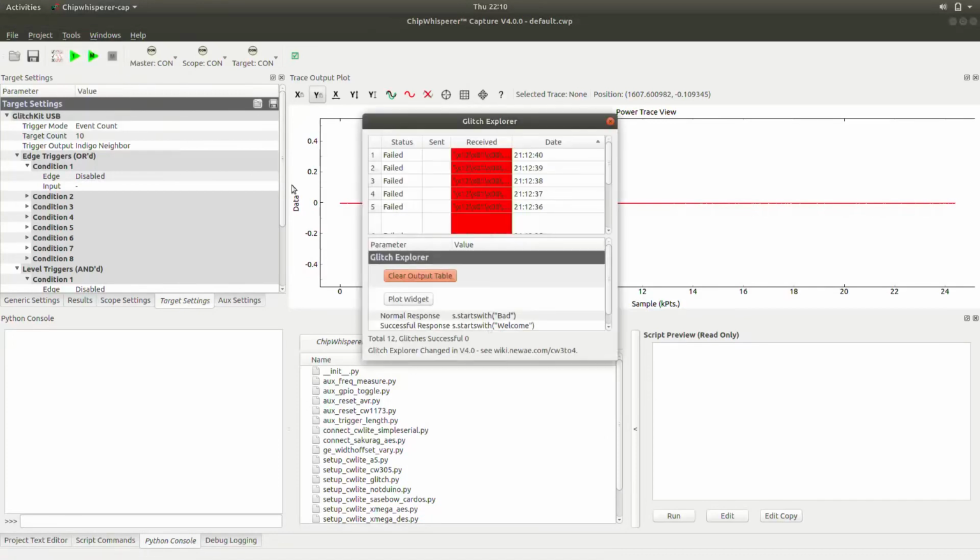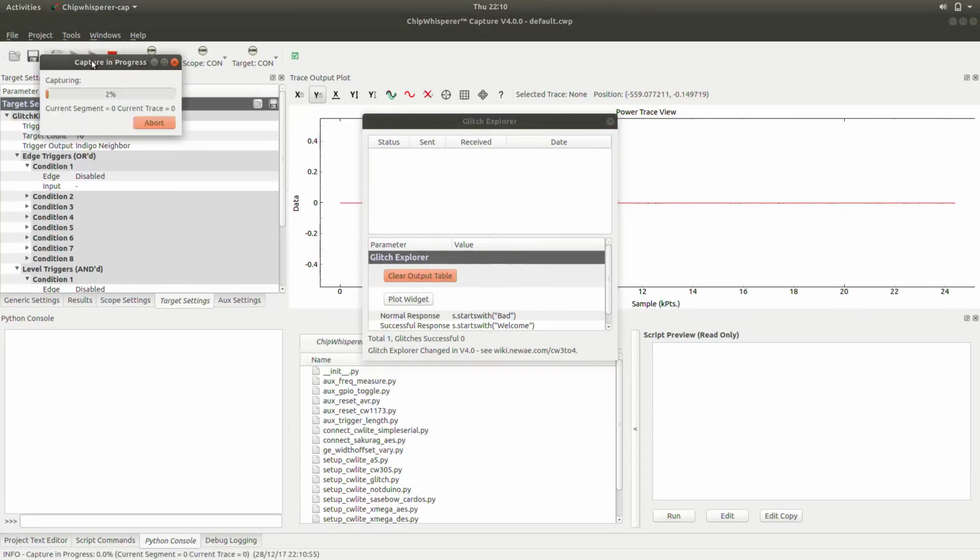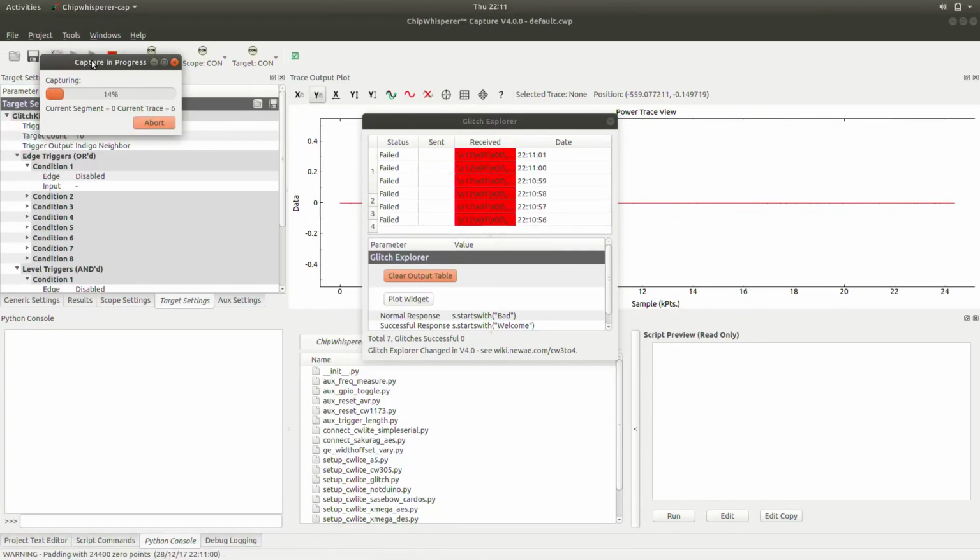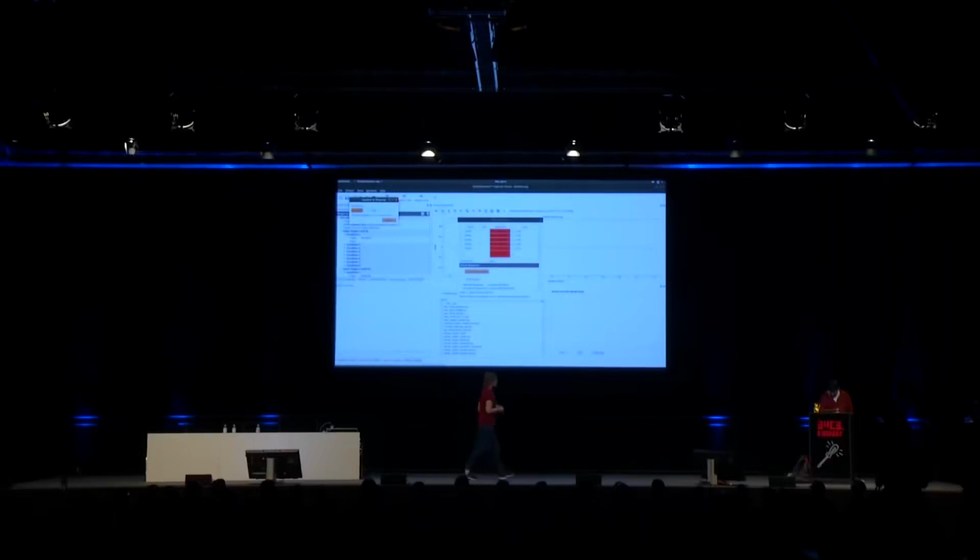So let's clear the output table from previous runs. Essentially, this is issuing USB requests to the device and capturing the response. Because we have limited time, I haven't told it what's a good response and what's a bad response, so it's telling me every one of these responses has failed. But realistically, if you expand that dialog so that we can see what's happening there,